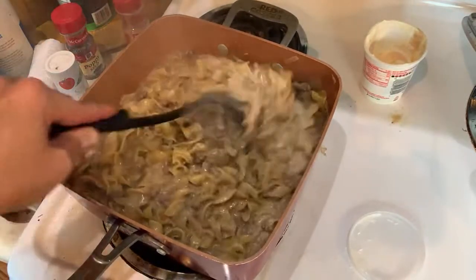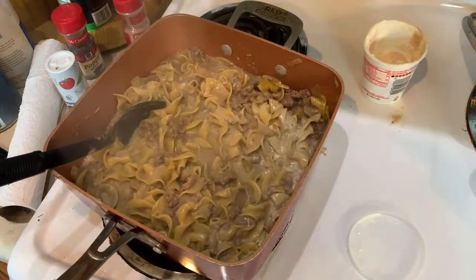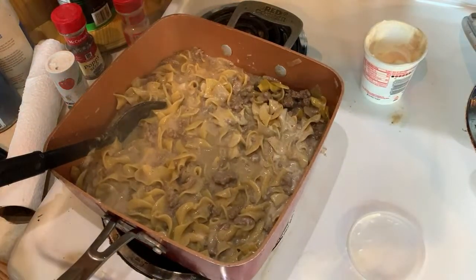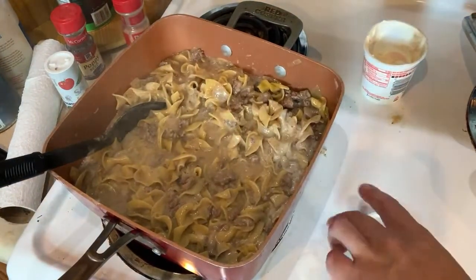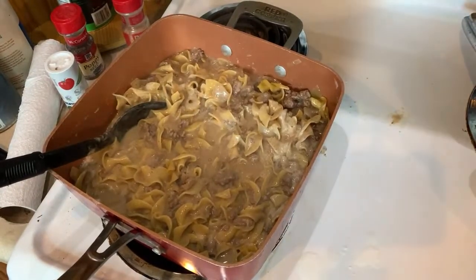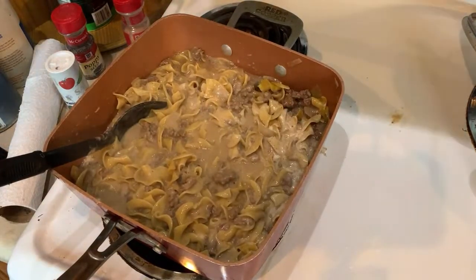But it says I'm supposed to serve this immediately. It's done, kids. Just like that, it's done. Okay, we're going to serve it immediately. Some cheese. No, you don't need cheese, Tim. This is flavorful as shit. We're going to do the true test here and see what happens. I'm going to make a small bowl for myself. That's nonsense. Any cheese. I mean, fat people and kids like cheese, but...